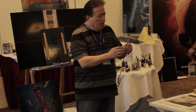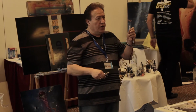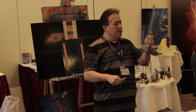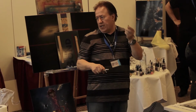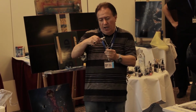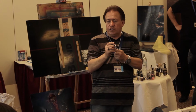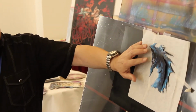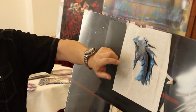This is how I work, right? Probably we are not set up exactly the way I wish, but I always try to work with a Mac valve. A Mac valve is this little device that you attach to your hose, and this lets you adjust the air pressure from very...